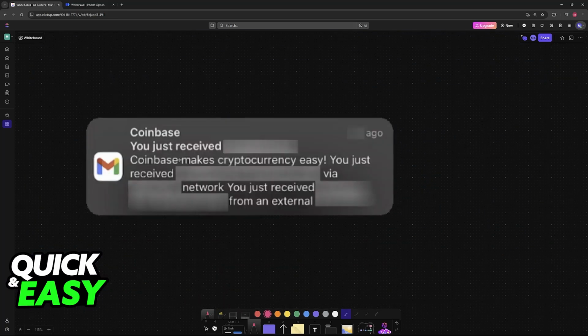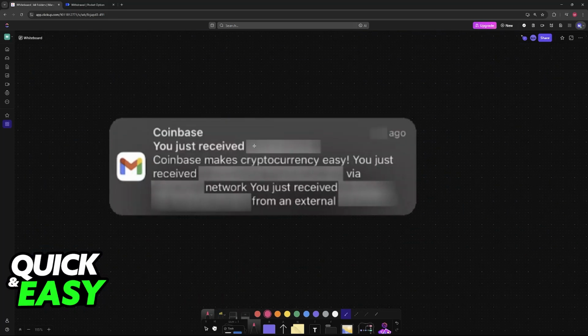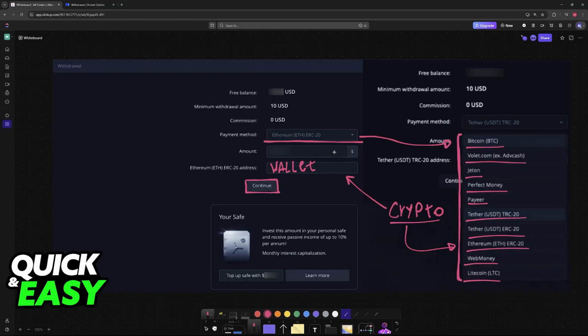And after you initiate this withdrawal request, you will be able to select it and receive the asset that you sent over to that wallet or exchange service. And afterwards, you can try transferring it from the exchange service to a bank account. Transferring directly to a bank from Pocket Option might be difficult if your region does not offer that sort of payment method. I hope I was able to help you on how to transfer money from Pocket Option to bank